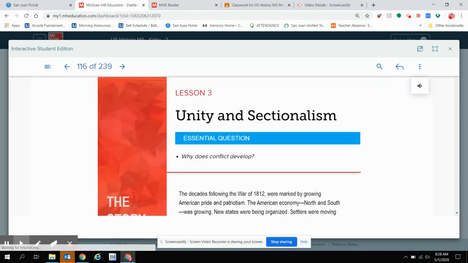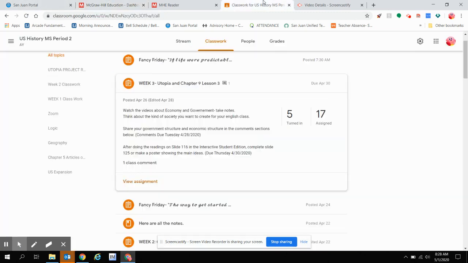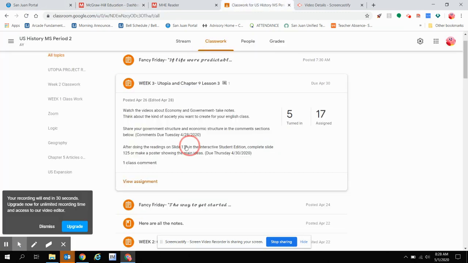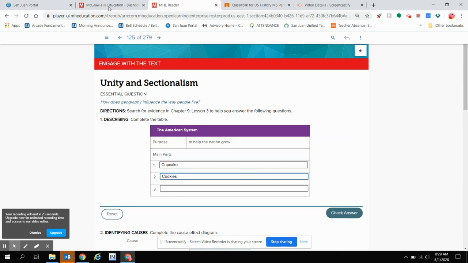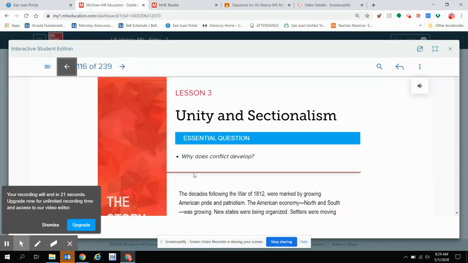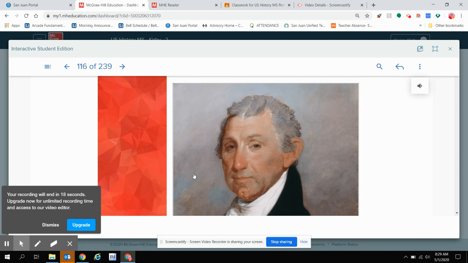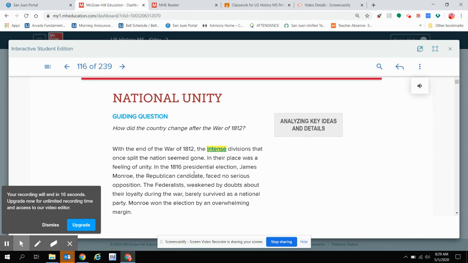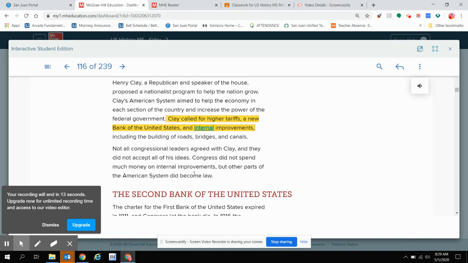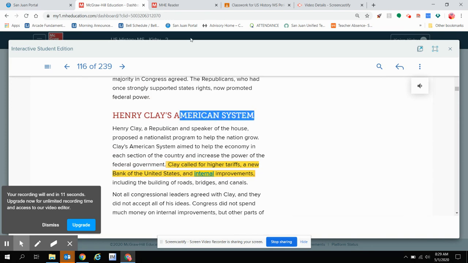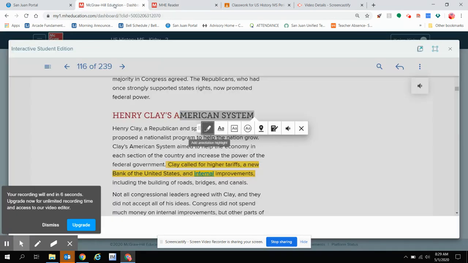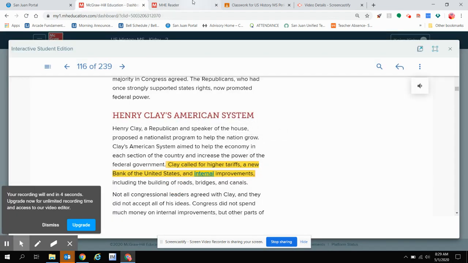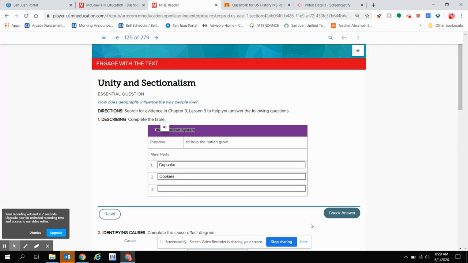And we know that that's the slide I want to go to because it's on the Google Classroom page right here where it says 116. Oops, there we go. And it was also in the assignment that got us to our inquiry journal. So I'm going to read about unity and sectionalism. Oh my gosh, Henry Clay's American system. Well, that's exactly what I need to read about here, American system. So that's where I'm going to get that information. And you're going to show me your learning in the inquiry journal. And remember to